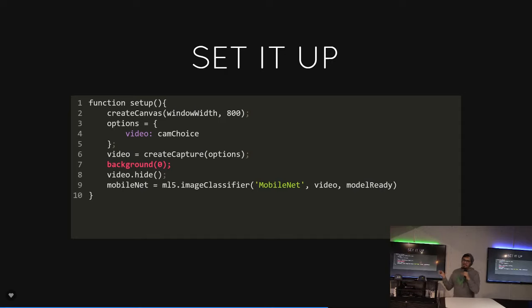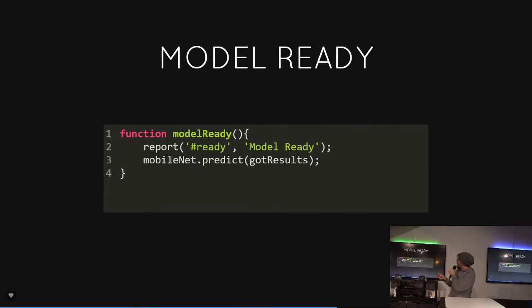And then MobileNet. MobileNet is the pre-trained model I used. I didn't take pictures of bananas or cups or anything else. MobileNet has done stuff like that before. They have a whole open source list of images all the way to penguins. I don't know who's in Antarctica playing this with penguins, but whatever. That's their pre-trained model. Then I have an image classifier because that's what I'm trying to do here. I tell it I want the MobileNet and the video, and then I have a callback function for when it's ready, just so in the console I know this is ready. And then it just starts going for the most part. The machine part at least starts going, the learning or the guessing part, I mean, because this is already learned. So the guessing just starts. I did not do any of the training yet.